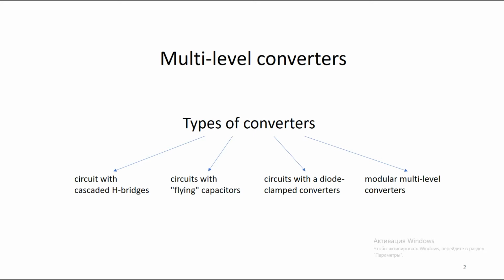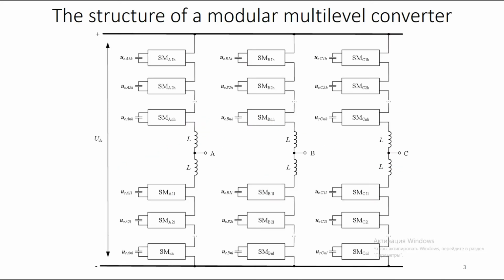area. Having analyzed the possible options for constructing circuits, more promising now is the use of circuits based on voltage source inverters. The use of multilevel inverters also helps reduce the total harmonic distortion ratio, which reduces the size of the filters on the AC side. Multilevel converters based on the circuit with cascaded H-bridges, circuits with flying capacitors, diode-clamped converters, and modular multilevel converters are certainly being mass produced, and we can see this scheme on the slide.